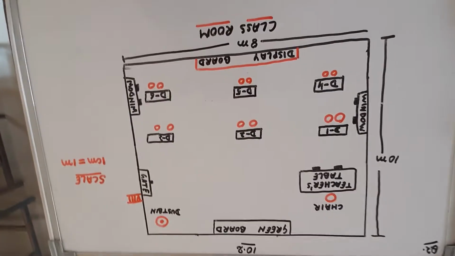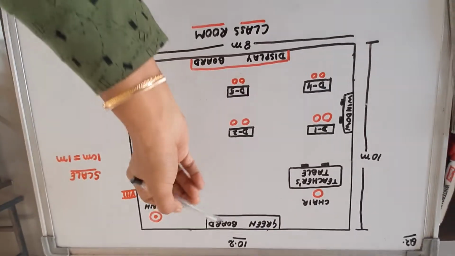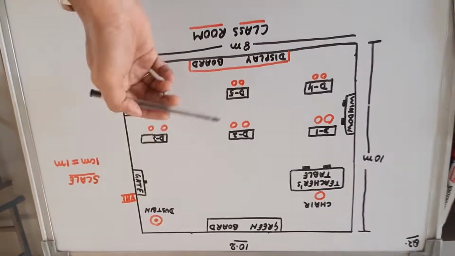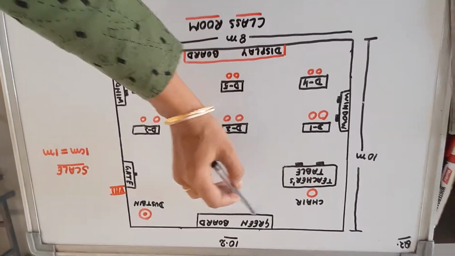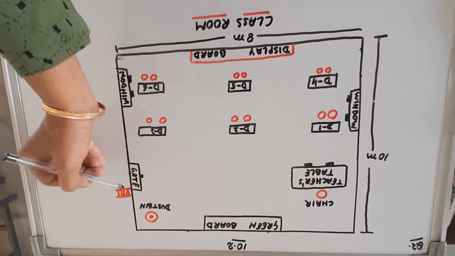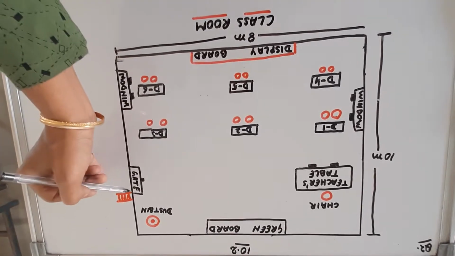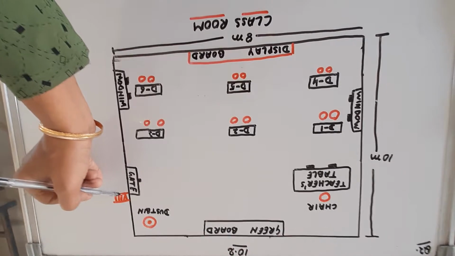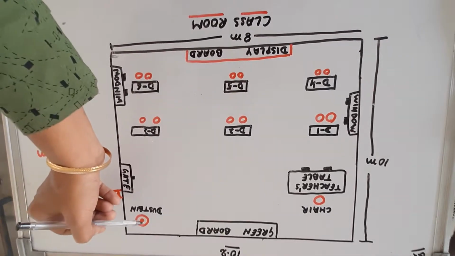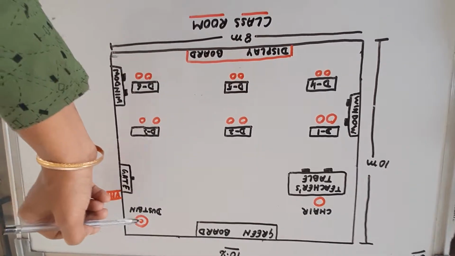Here I have made a map for you. This is question number 2, 10.2 exercise. So this is the map of your classroom. First of all, we are going to enter. We start entering through a gate or door. 8th class is written outside your class. So here I have drawn a dustbin.